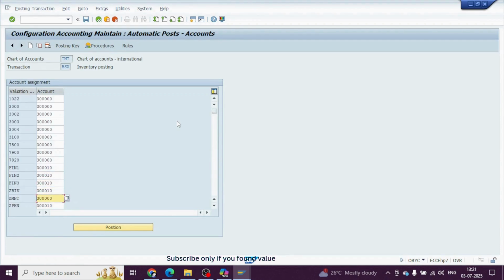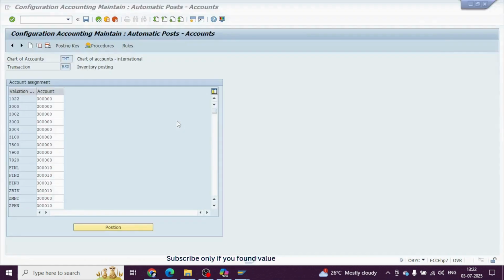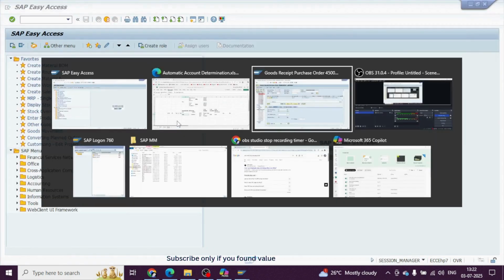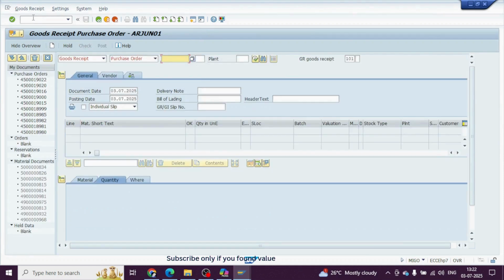Z monitor, yes, MNT, right? So whenever you're doing the GR now, the accounting document should have BSX with this GL account. Now go and save this, come back and do the goods receipt again and see what messages the system is giving you. So this is a PO